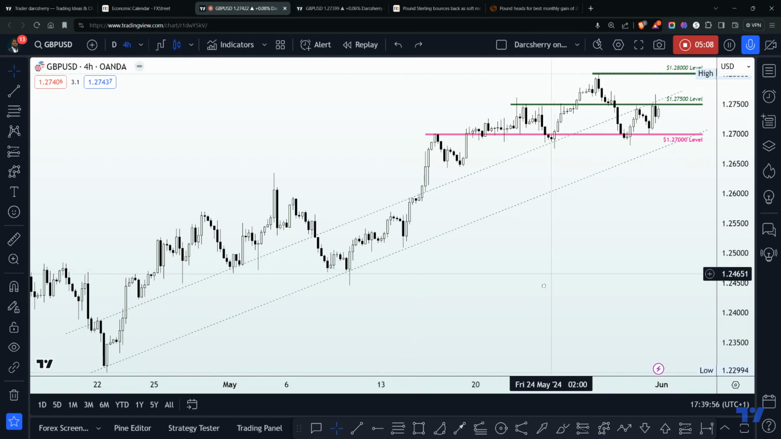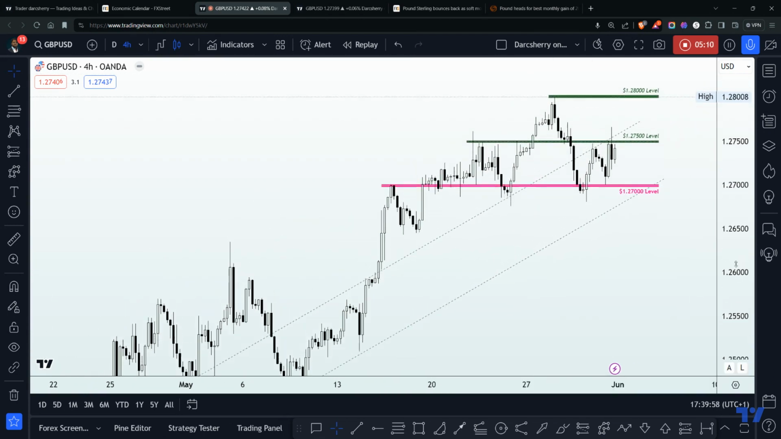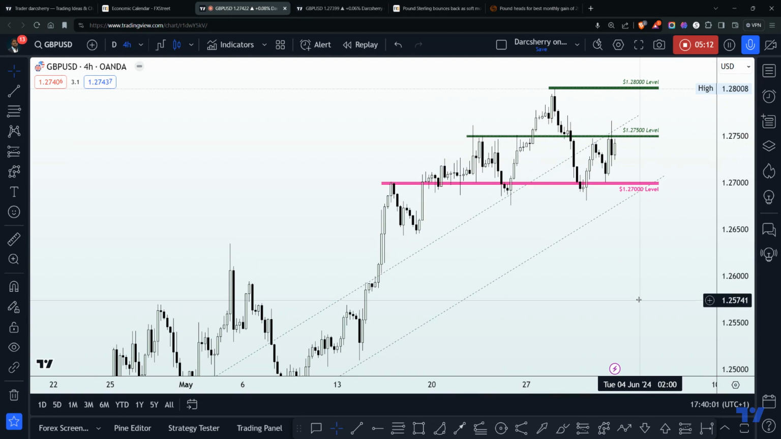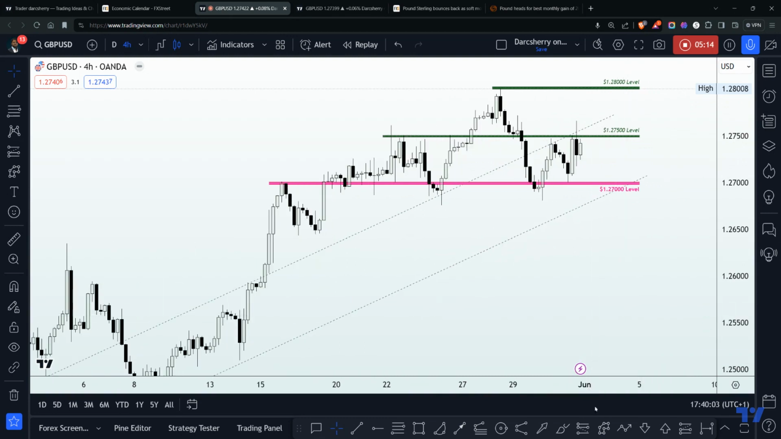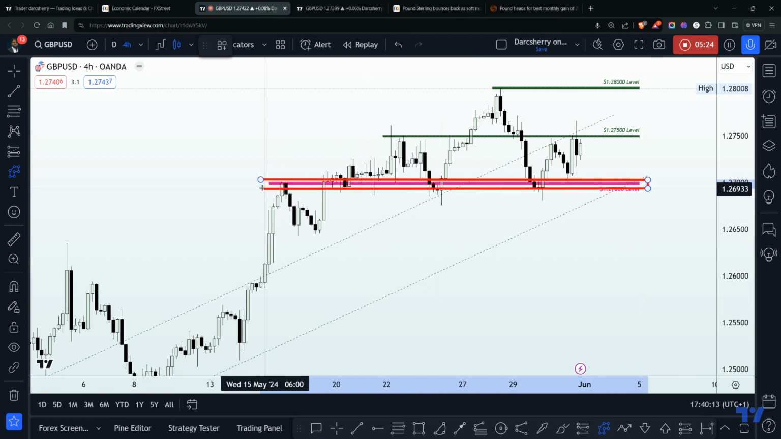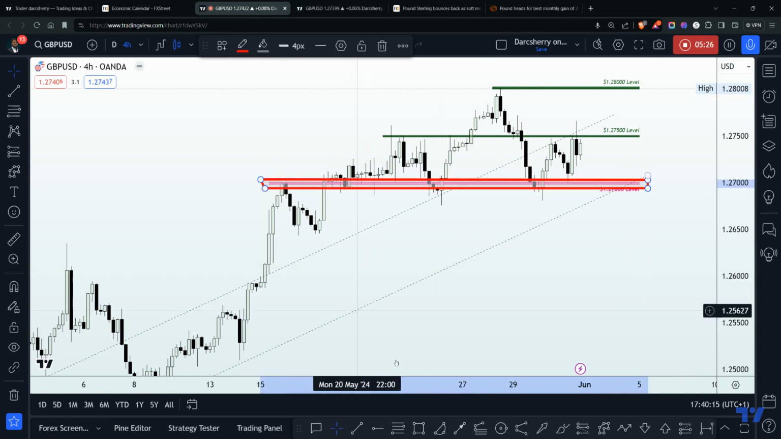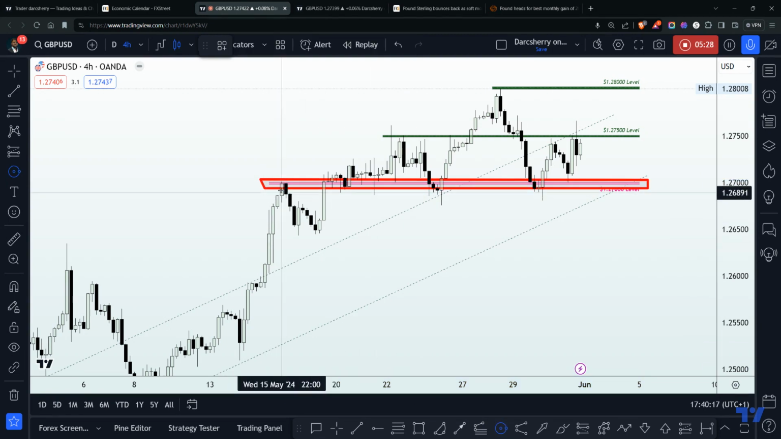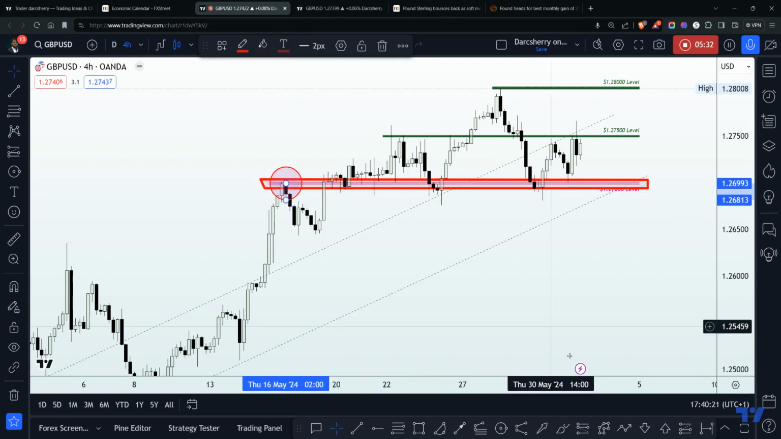Now, in addition to this ascending trend line is our key level. Remember, we've been using this key level for the last couple of weeks now. That same 1.2700 area, which obviously had played a significant role in determining the direction of price action in the last 2 to 3 weeks. And of course, you will see here that ever since price broke out of this 1.27 during